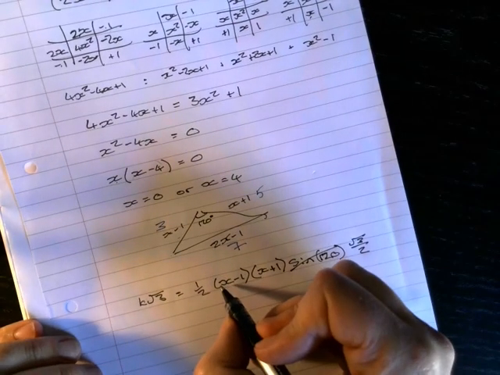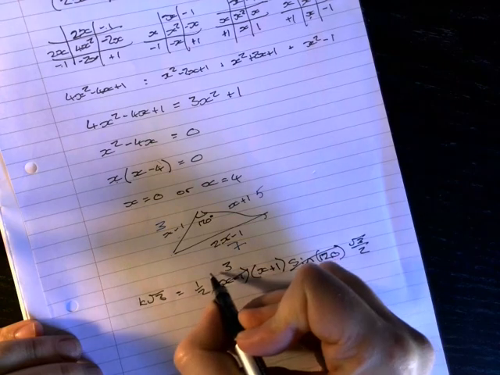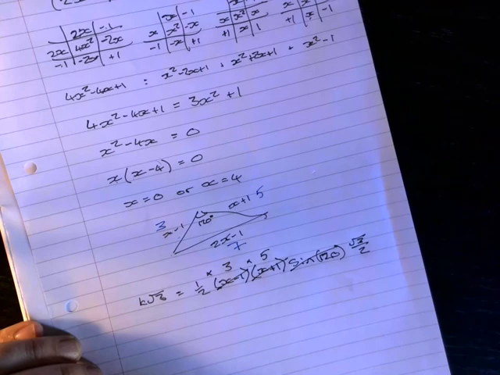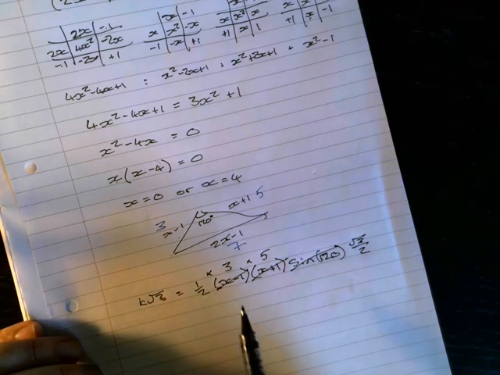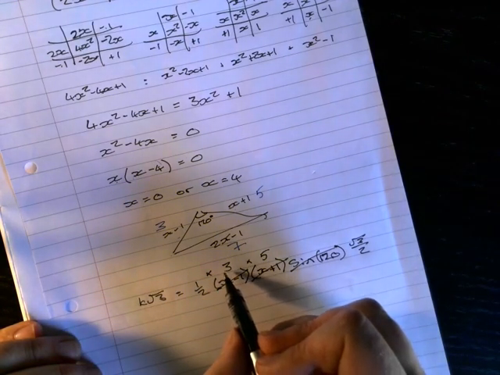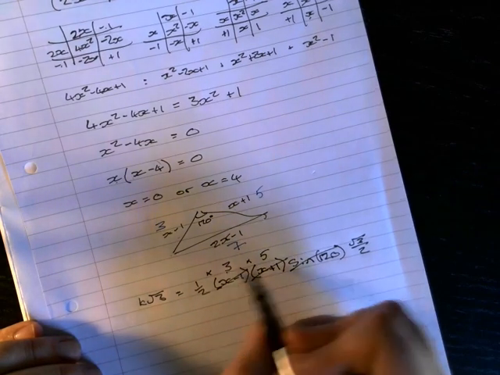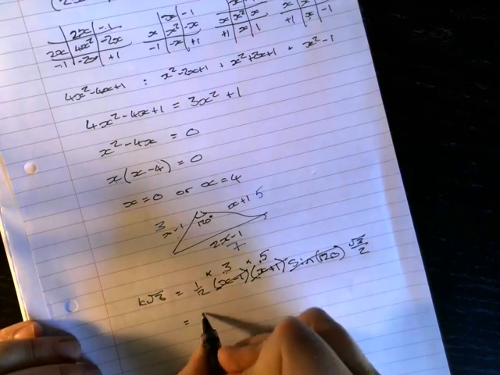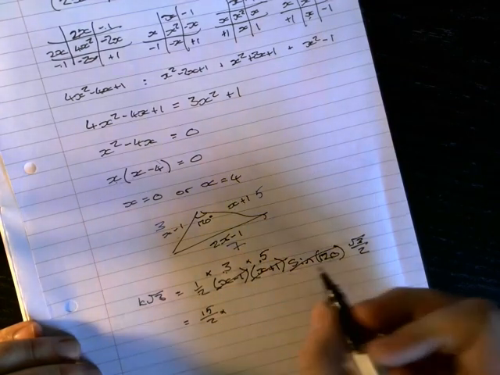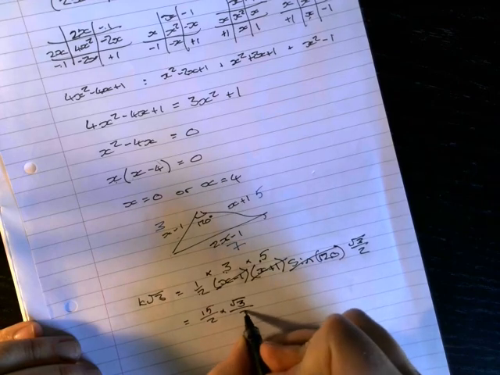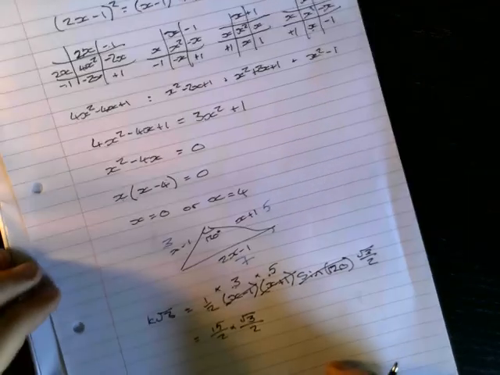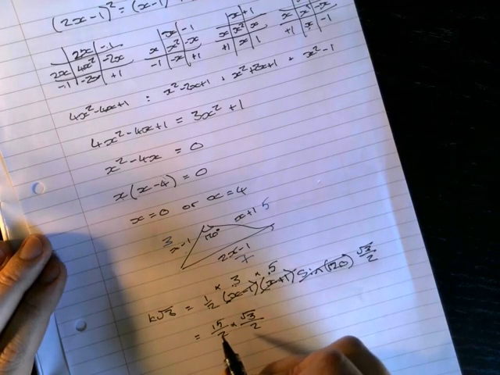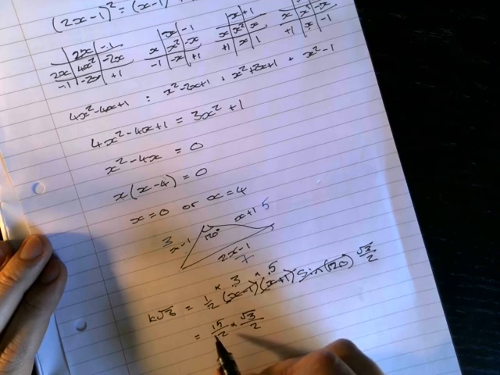We also know that x minus 1 is now 3, and x plus 1 is 5. So let's multiply all of this out. We've got half times 3 times 5. Well, 3 times 5 is 15. Times by half is going to be 15 over 2 times root 3 over 2. So now if we multiply,